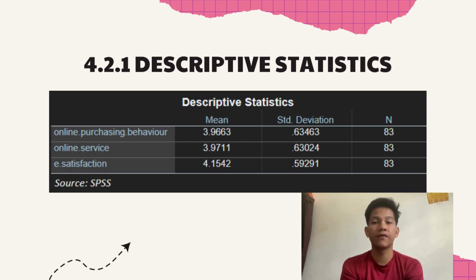Standard deviation is a valuable metric for understanding the dispersion of data points in relation to the mean. A higher standard deviation signifies increased variability in the dataset. In this study, all variables demonstrate a high standard deviation, exceeding 2. Notably, the highest standard deviation is observed in the investment variable, registering at 3.92. This indicates a considerable spread in responses related to the investment variable among the surveyed USIM students.